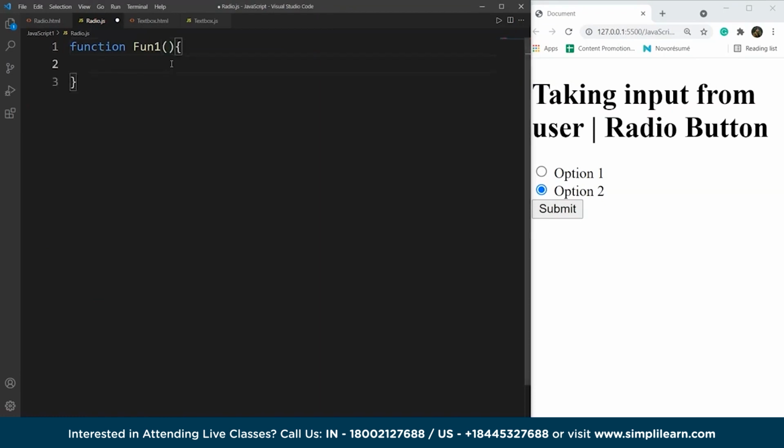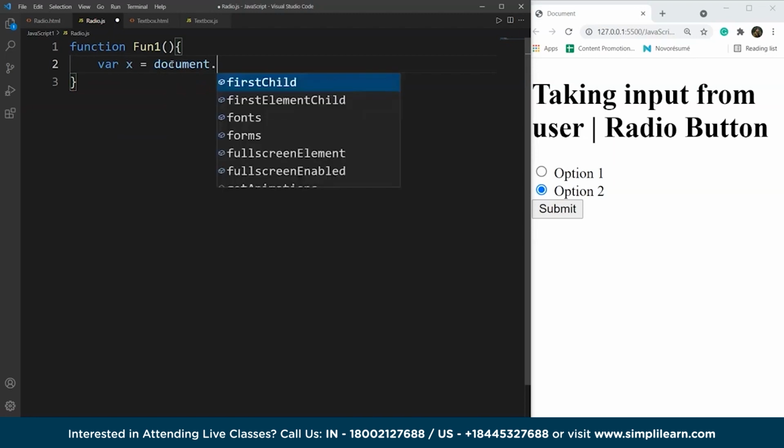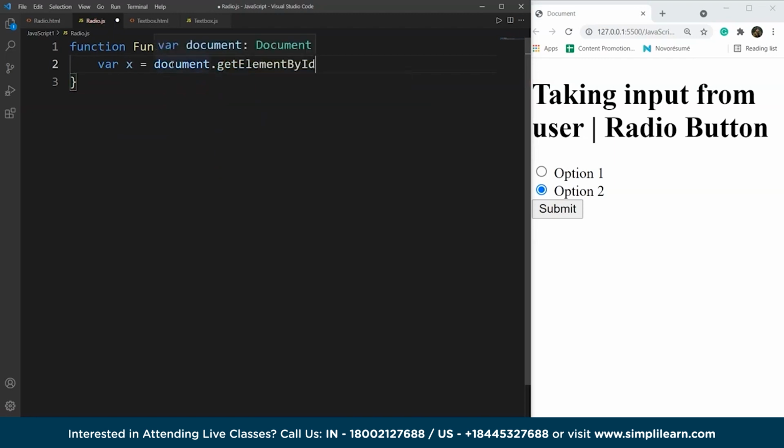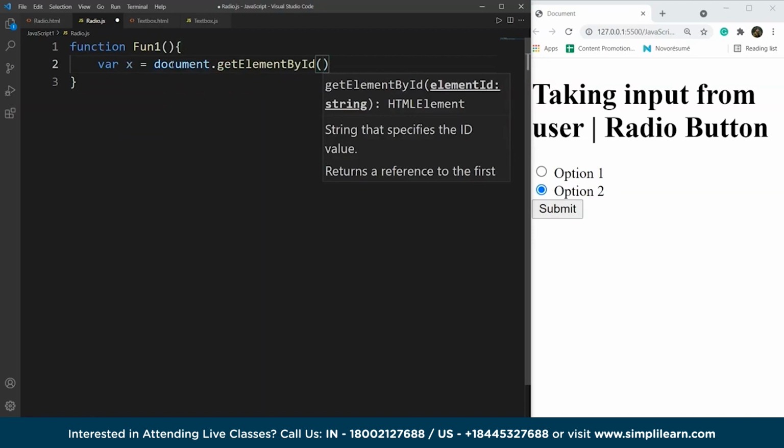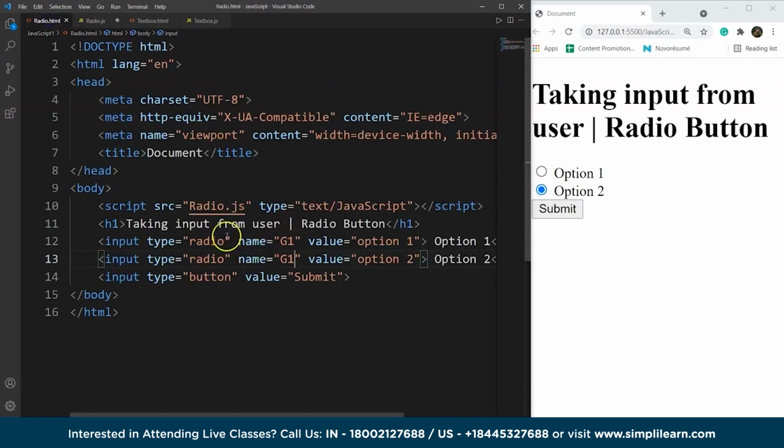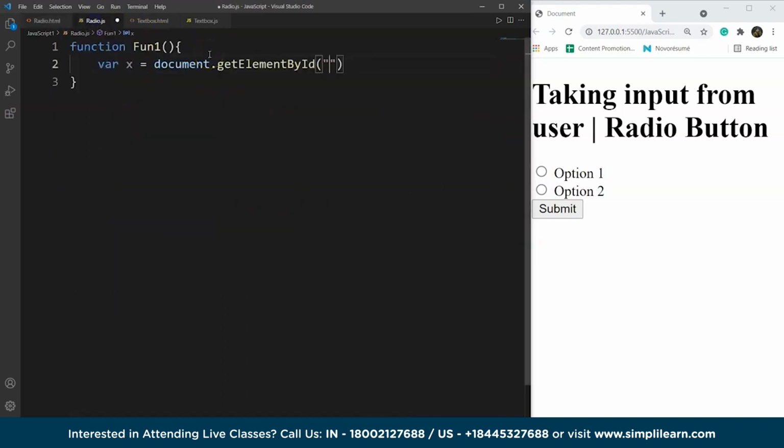So inside this function, we'll take two variables again for both the elements. So we'll write here var x, and then we'll write here document dot getElementById. Then we'll write here the id. So let's provide the id to those elements as well. So we'll write here before name we'll provide the id. So let's say the id for the first radio button is red1, and the id for the second one will be, let's say, red2. Fine. Save it, and we'll go back to our JavaScript file. We'll write here red1,